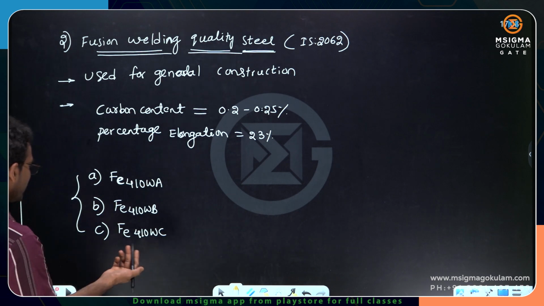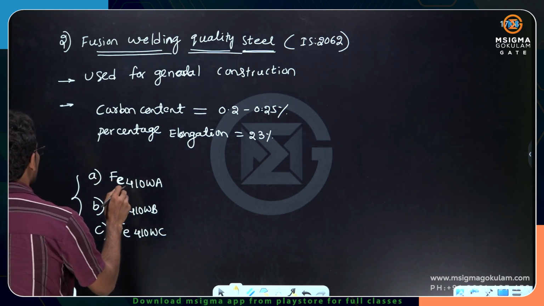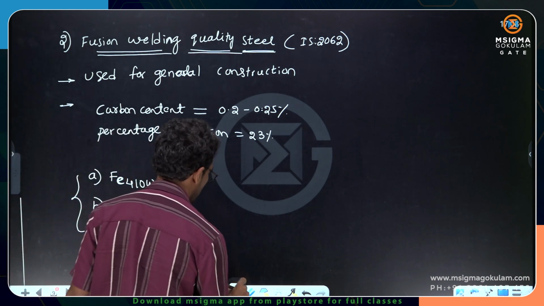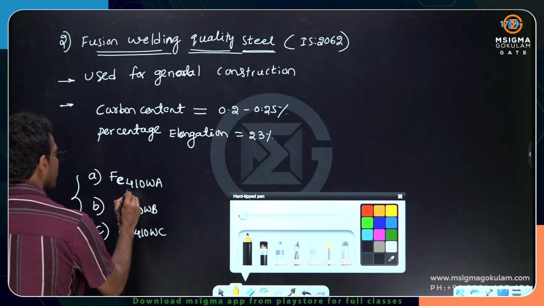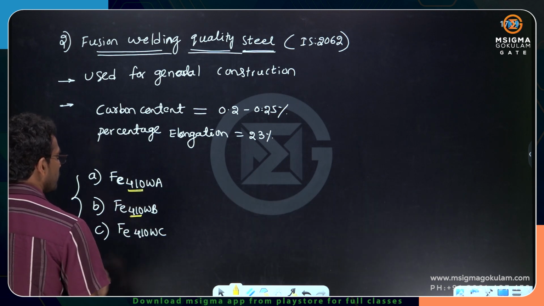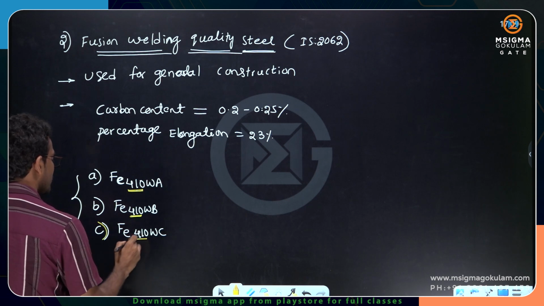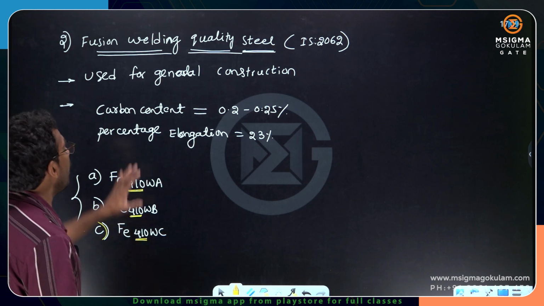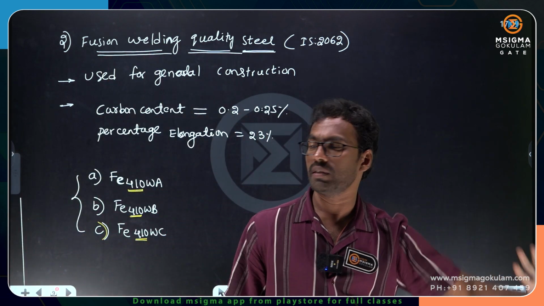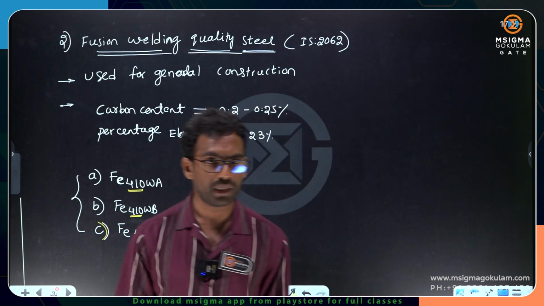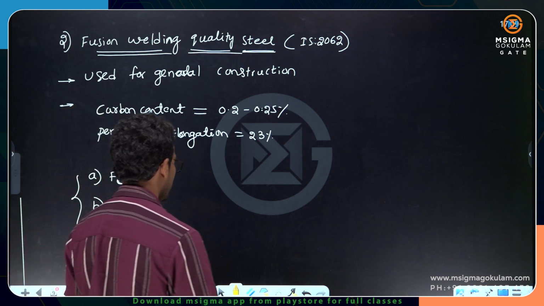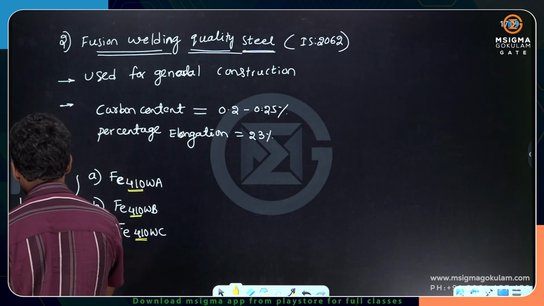Fine. But if you observe carefully, as I told you, any structural steel is designated with a number of ultimate strength. So, please understand, dear friends, this particular steel has ultimate strength of 410 megapascal, this also has 410 megapascal, this also has 410 megapascal. All the fission welding quality steels have an ultimate strength of a fixed quantity, which is equal to 410 megapascal. Please understand that. Now, let us go with the next type of structural steel,